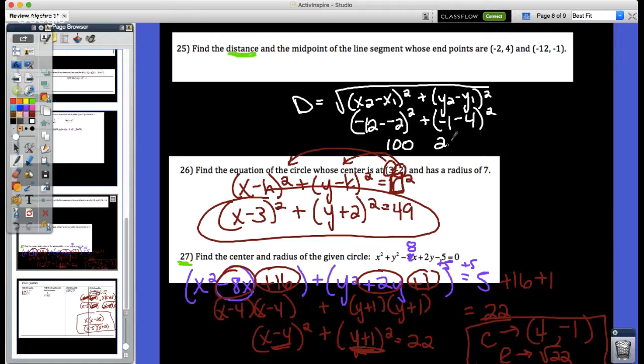Squared, I get 25. So I'll add these two together, 100 plus 25. And what I'll do is the square root of 125. Okay, so if I did that on my calculator real quick, it should be like 11 point something, but it will be on your calculator when you plug that in. Should be 11 point something like 3,